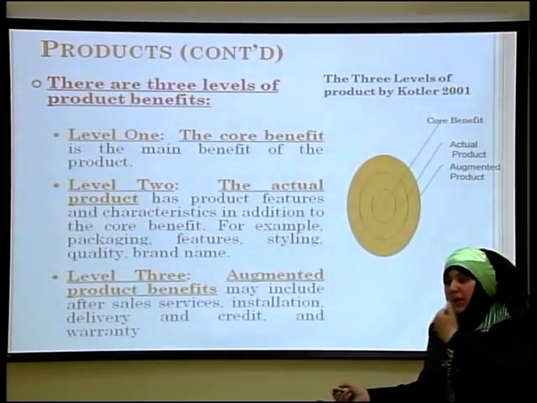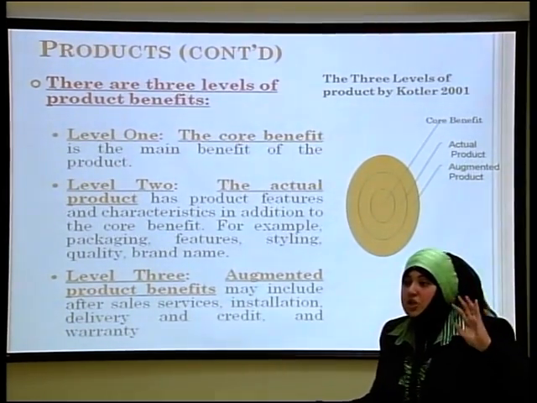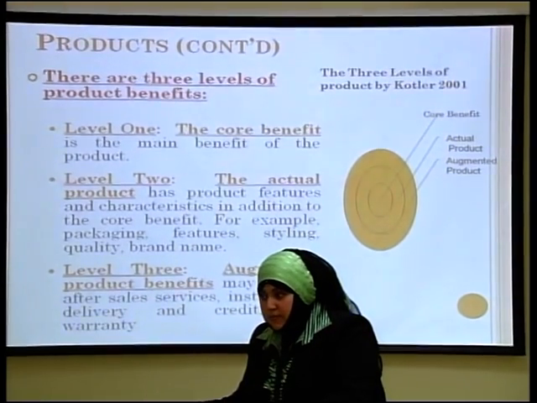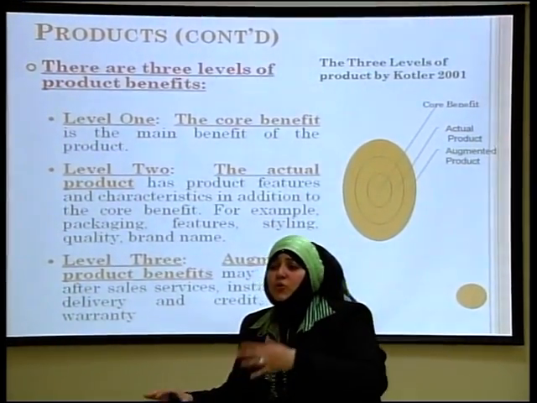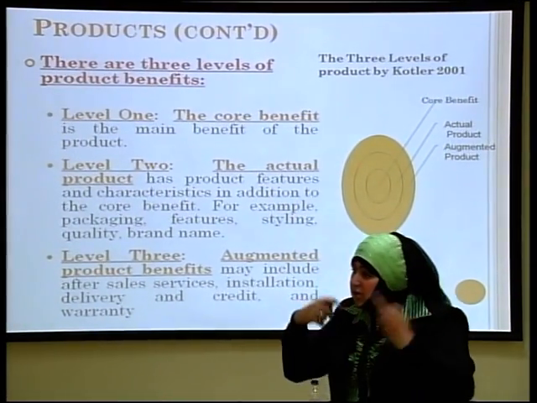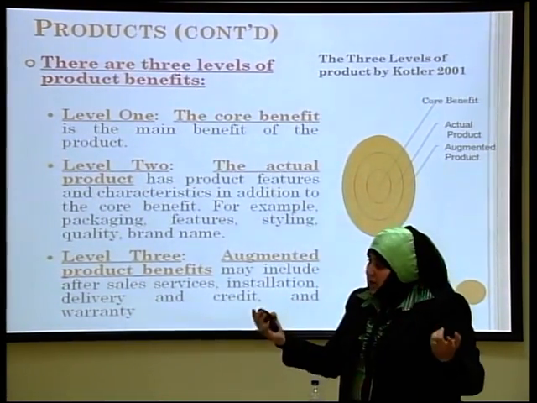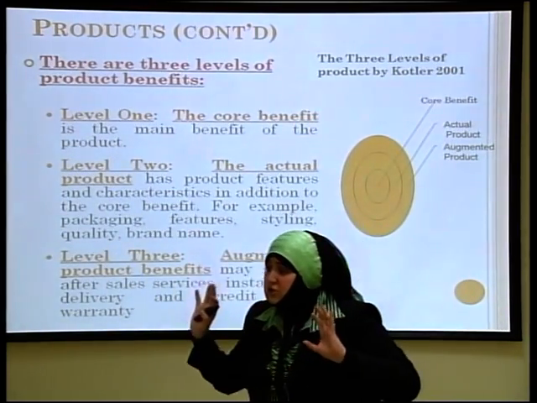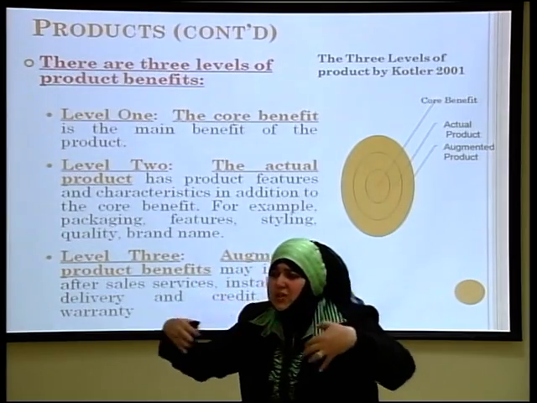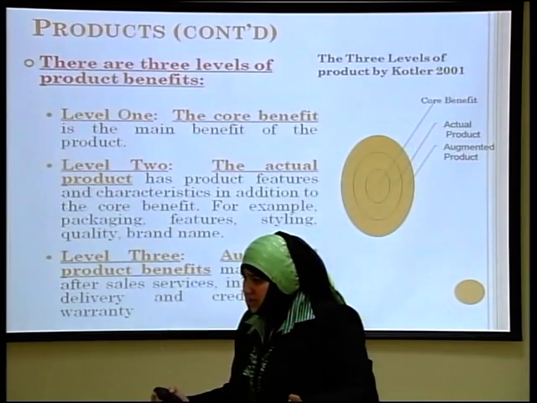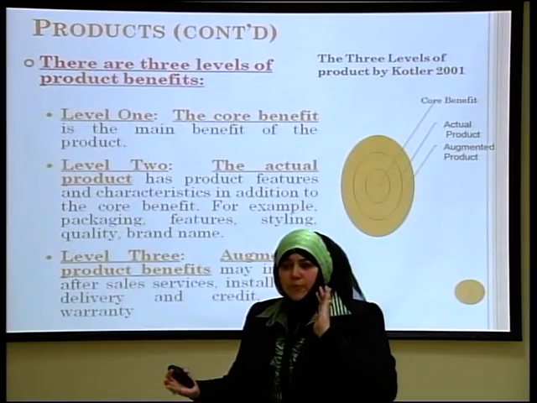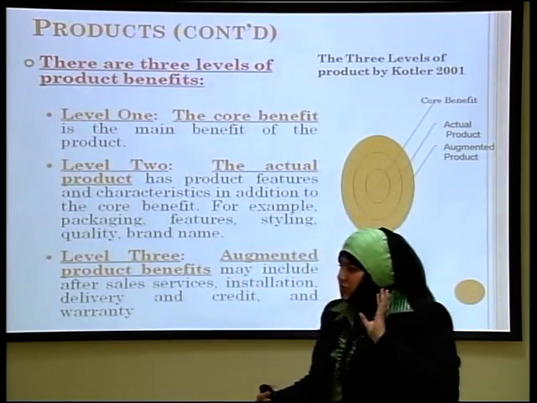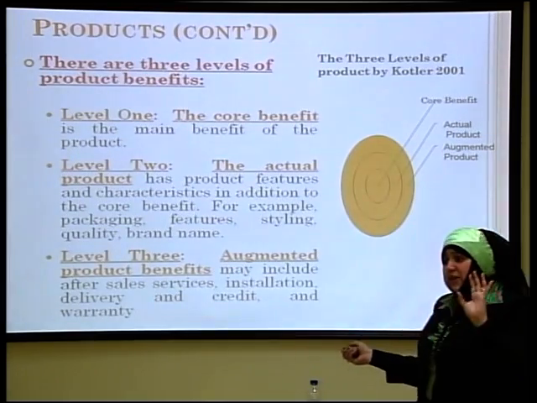Installation: you purchase the machine, will the company install the machine for you, set it up for you, or will you do this on your own? All these are services that the customers care about, right? Some customers will not buy this equipment or machine because they don't want to get into the hassle of installing it, of setting it up, right? So they would like to get somebody specialized to do it on their behalf. So the third level is very important.